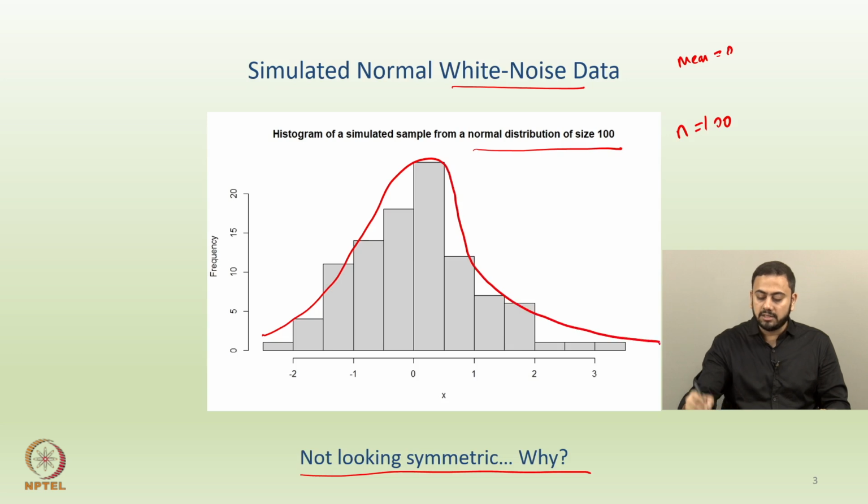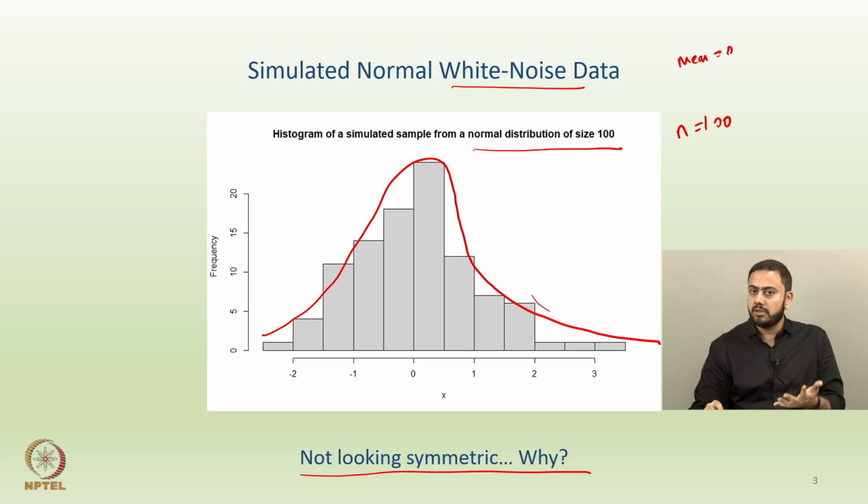So, probably there might be a skew, which is given by something like that, right. On the left hand side you have a lot of observations of the average, but on the right hand side you do not have that many observations. So, why do you see something like this?